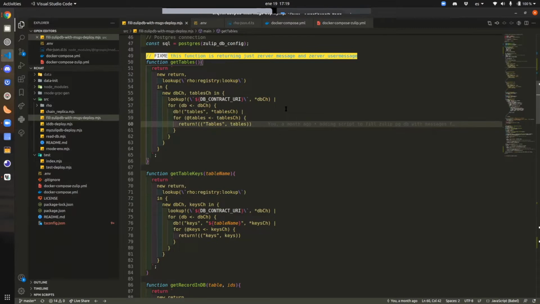What's the idea behind that? Well, yeah, why not? This can be like a template, right? Has there been any thought in that direction, or is this necessarily hard-coded, embedded Rholang in the JavaScript?